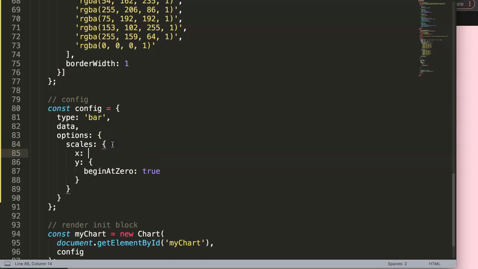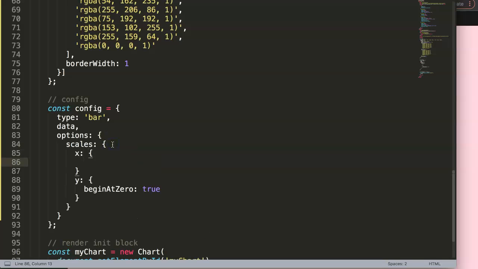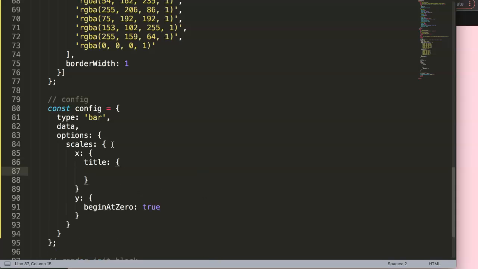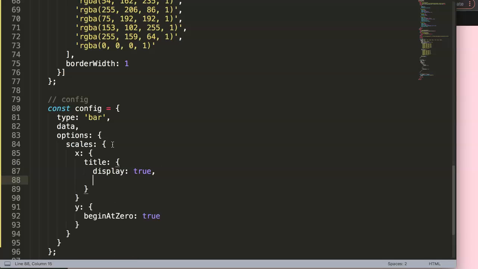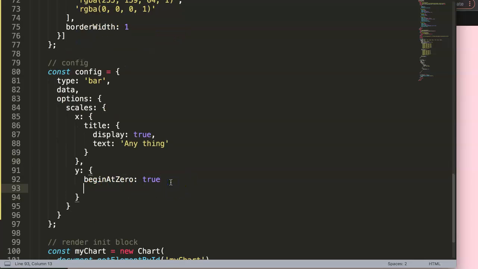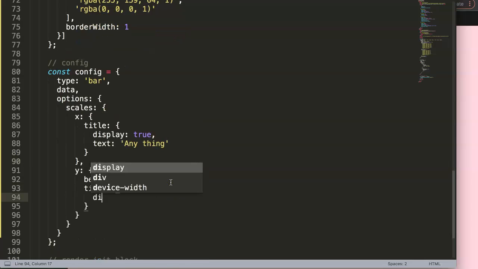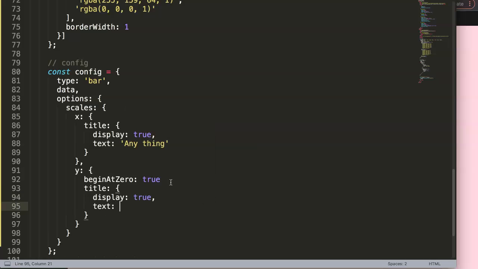Well, that's a very straightforward process. We go in here in the X scale, and then in the X scale we're going to say here title, and the title, then you will say here display true, because by default it is set on display false. Once it's set on display true, we can say here text, and this text could be anything. Alright, so once we did this, comma here, we want to do exactly the same here to enable the title. So we say display true, and then we can say here text, and this text could be again any other